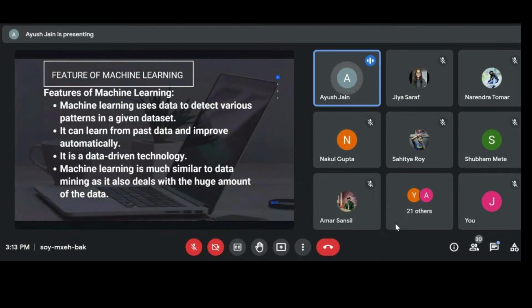It is a data driven technology, and that is, it is all dependent on the data. The data we give to the machine, it will use that data and then predict the outcome. So it's all about the data. If we do not give any data to the machine, we won't be able to receive any outcome. Machine learning is much similar to data mining, as it also deals with a huge amount of data.